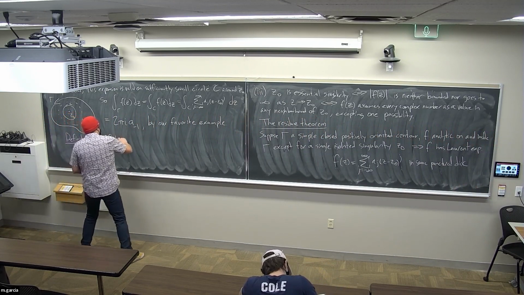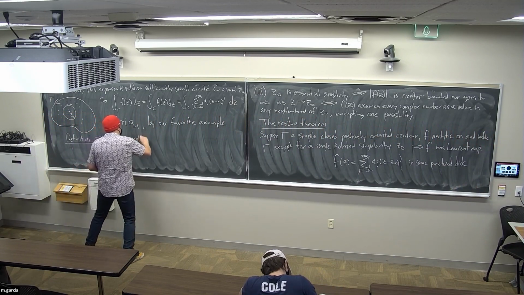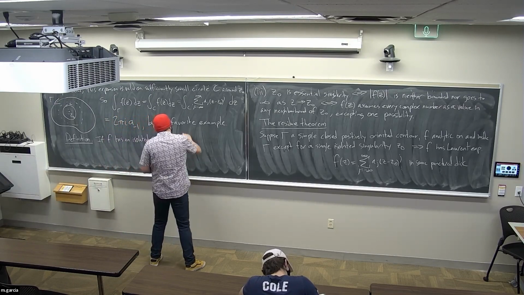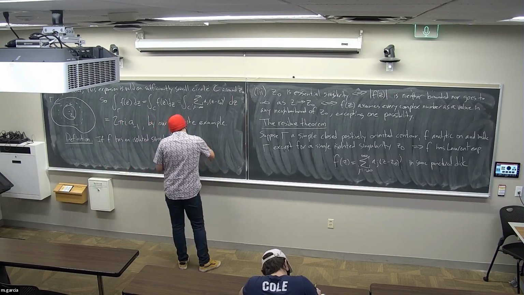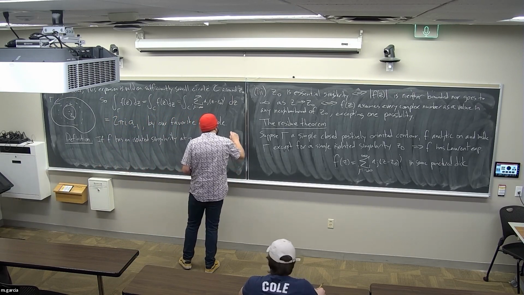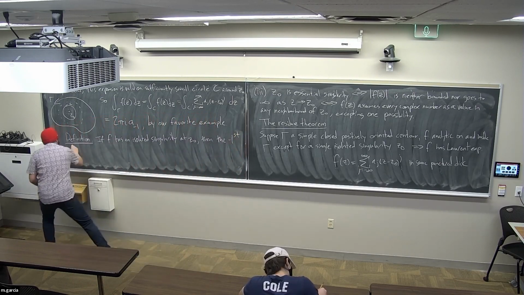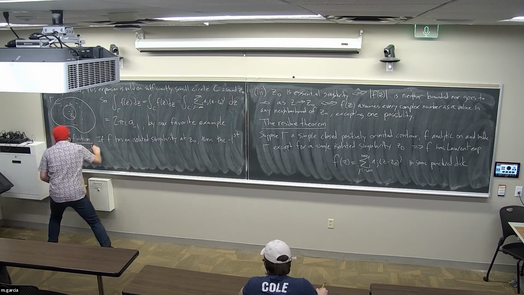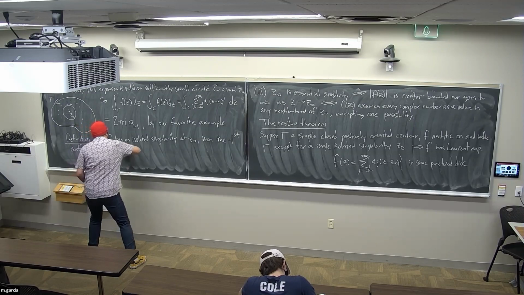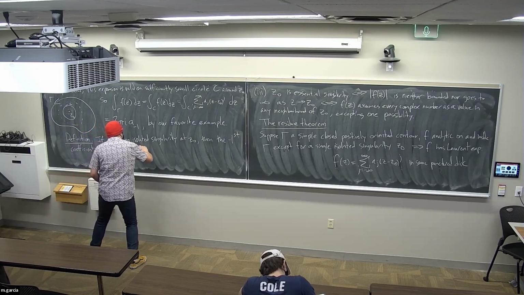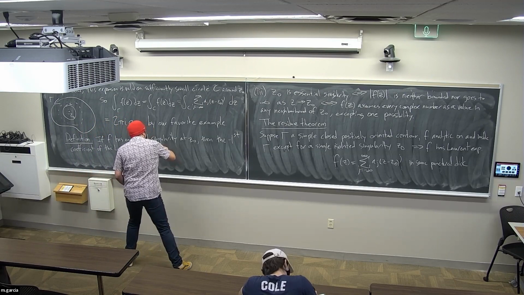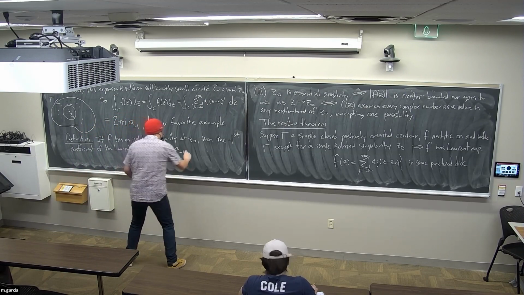If f has an isolated singularity at z naught, then the negative first coefficient of the Laurent expansion at z naught, which we would use our standard notation, a sub negative 1 for that,